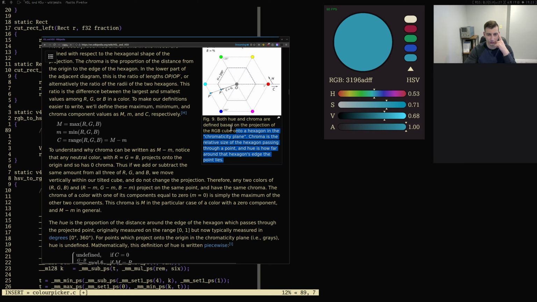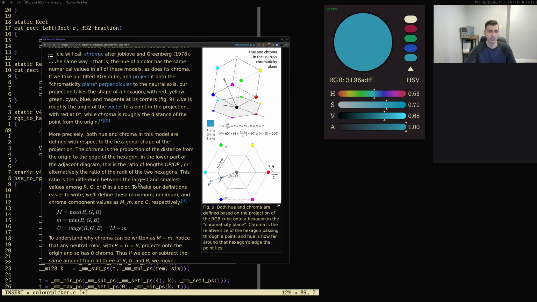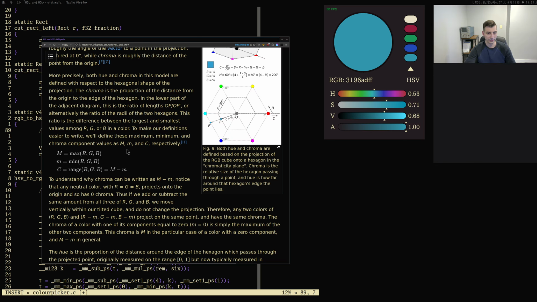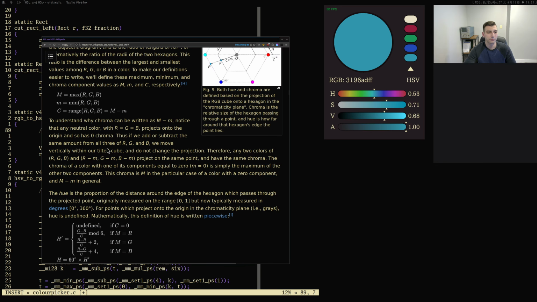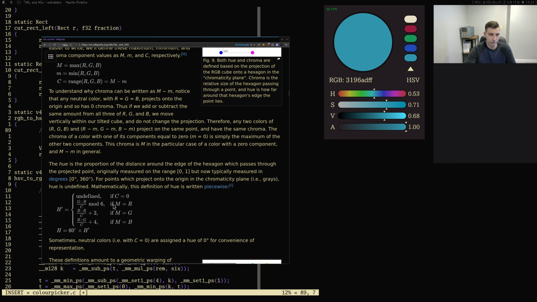I'm not a color nerd, so I don't know what the difference between chroma and contrast would be. To me, this just looks like contrast, the difference between the minimum and the maximum value. Just seems to me like a type of contrast, but anyways. So we need to do this calculation, and then based on this result, specifically the maximum, we can calculate this